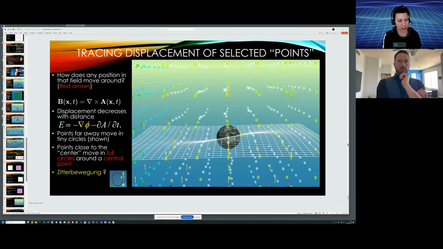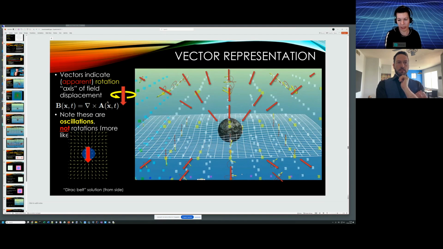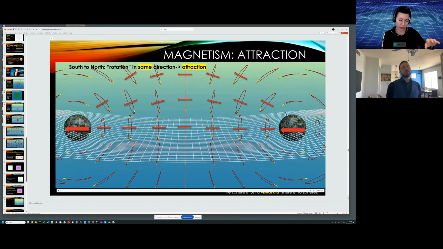What I was doing here is, because all these grid points make these circular motions when you watch them, you can now draw the B field. Every time you have a circle, because it's the curl of the velocity field, you can draw the magnetic lines. And now it's interesting when you place two of them. What I did here, I flipped it on its side.